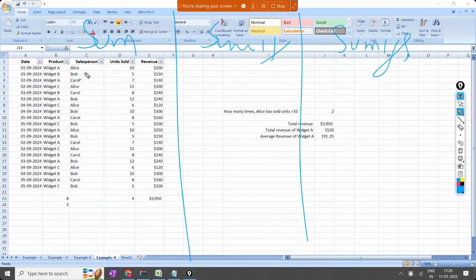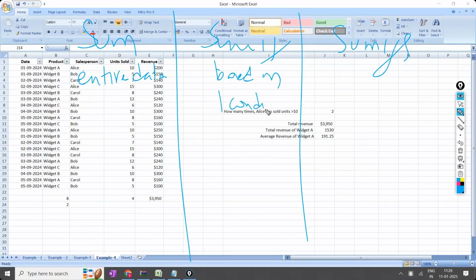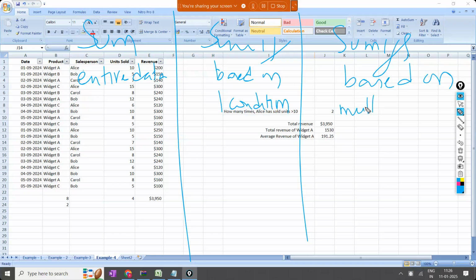SUM is the entire data, it is going to select the entire data. Here, SUMIF is going to apply based on one condition, only one condition you have to apply. This one, SUMIFS, is based on multiple conditions. Multiple means more than one condition. You can use more than one, anything, 100 also you can apply. More than one conditions. Right?